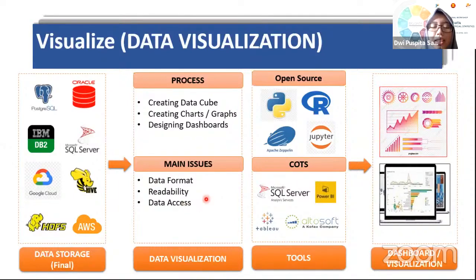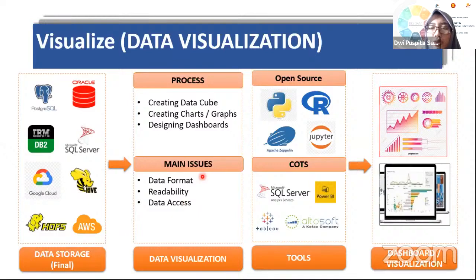And then readability is related to data format, but it's also related to how the charts and graphs are arranged in the dashboard. If you incorrectly arrange the data, or place irrelevant charts, maybe charts that are not so related, next to each other, then it can be confusing for the end user or stakeholders to get information from them. And then the last is data access. For data format and readability, these are issues that need to be overcome by data scientists or business intelligence analysts, depending on the roles in your organization. But for data access, and data format too actually,